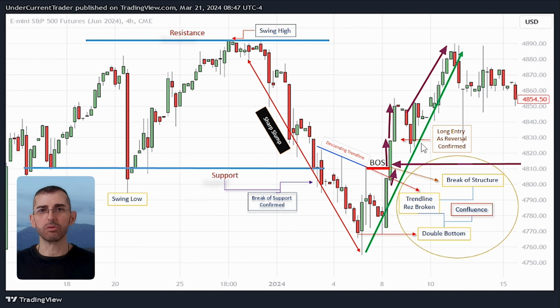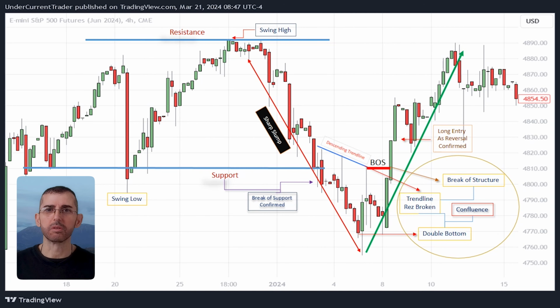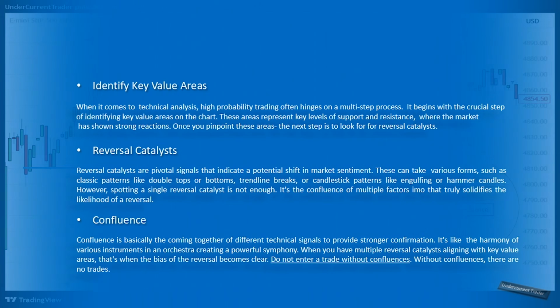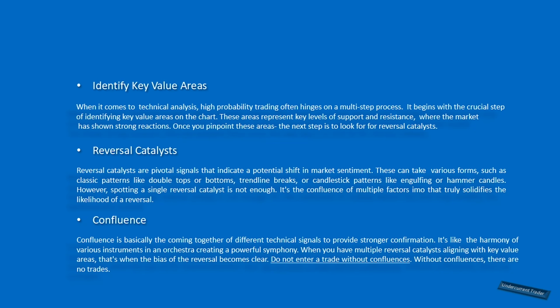Obviously, each trade is unique and not directly tied to the previous one based on specific price patterns. However, your emotions, when managed effectively, can actually create a connection between your trades, and this can lead to improved trading results over time. So to recap our multi-step strategy, first we identify key value areas in the chart